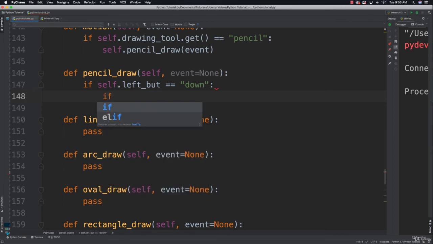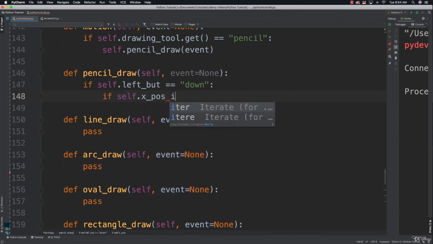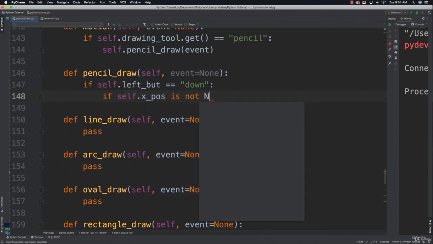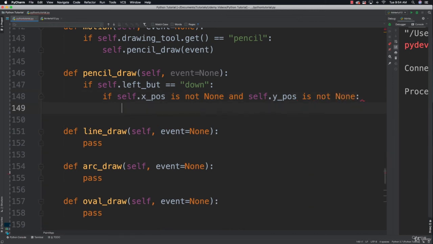To do that, first what I want to do is make sure that X position and Y position have a value. So I'm going to say if self X position is not none and self Y position is not none. Well, that means I got some X and Y positions I can use to draw lines. Then I'm going to say event widget